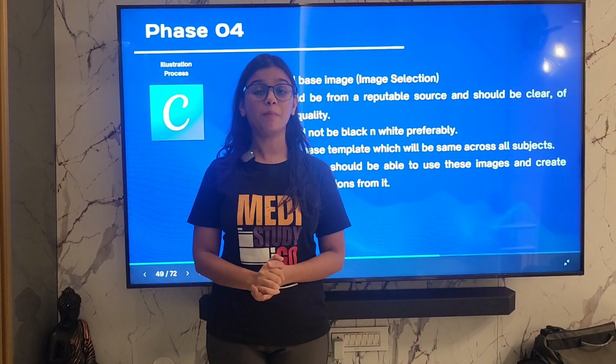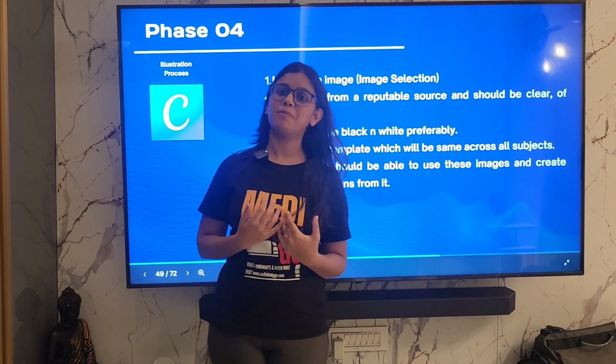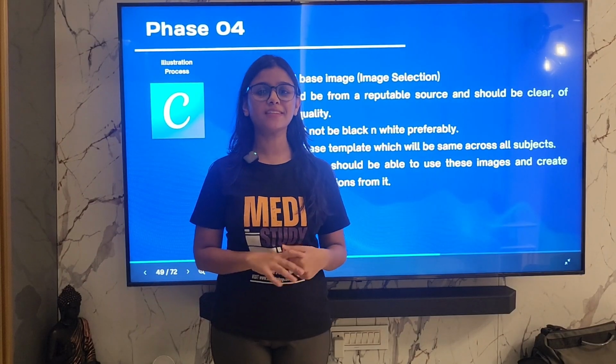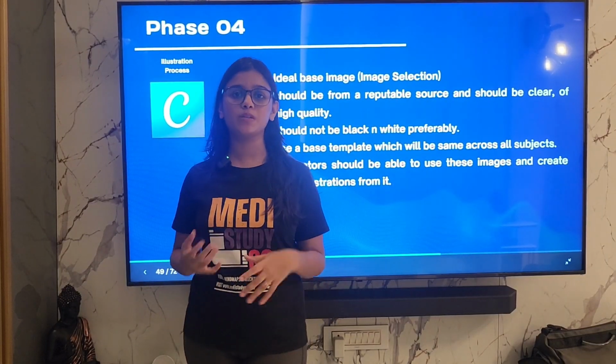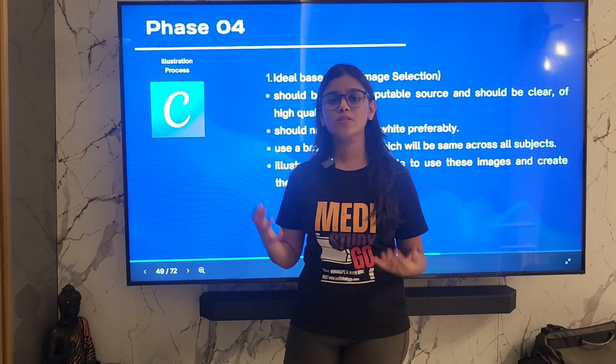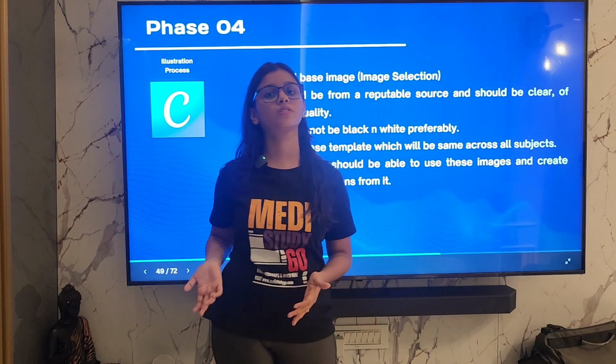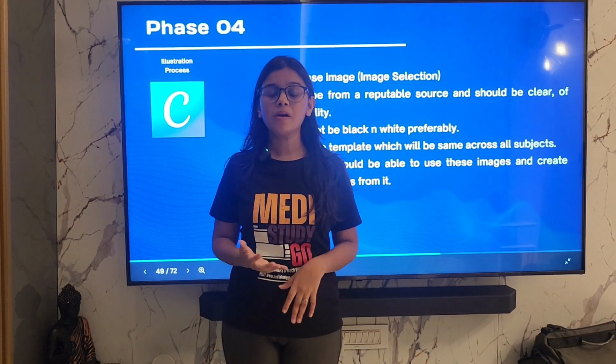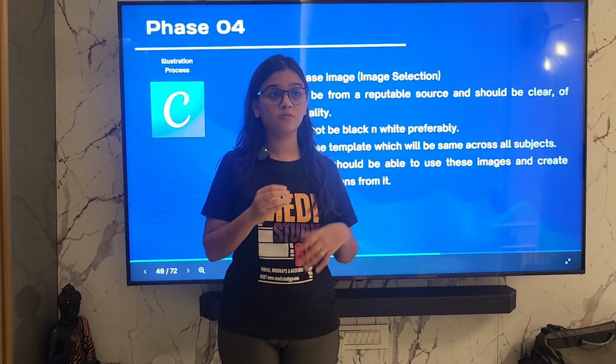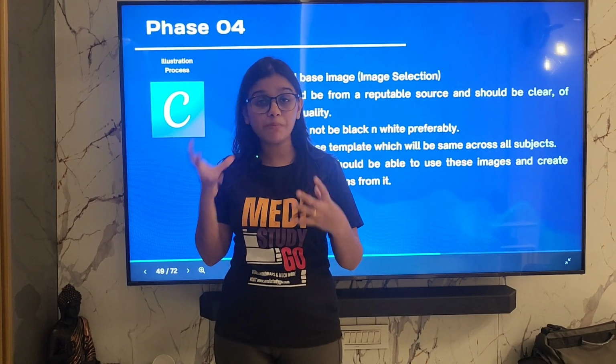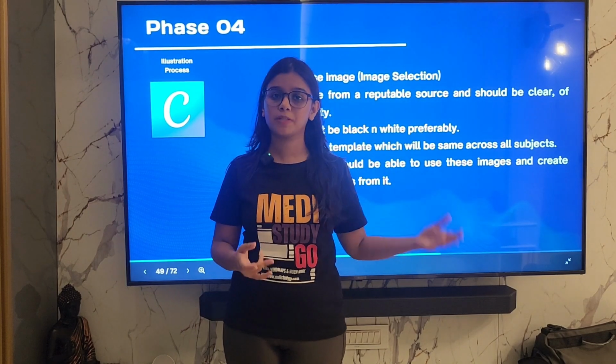Now we're going to discuss illustrations. It's my personal favorite department because everything that we do here can be made very visual. So sometimes I believe that we don't have to focus a lot on mind maps, but do focus a lot on visuals, because sometimes the image will speak a lot more than what your mind map is speaking about.